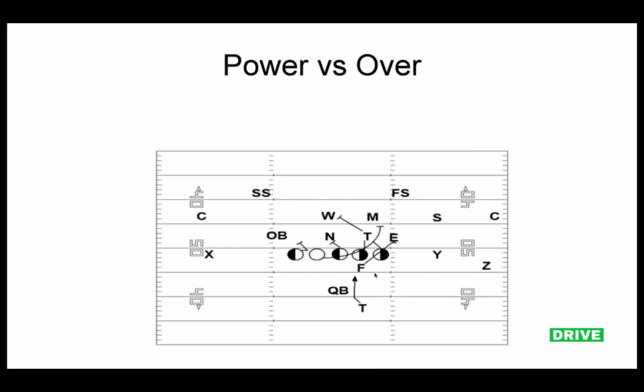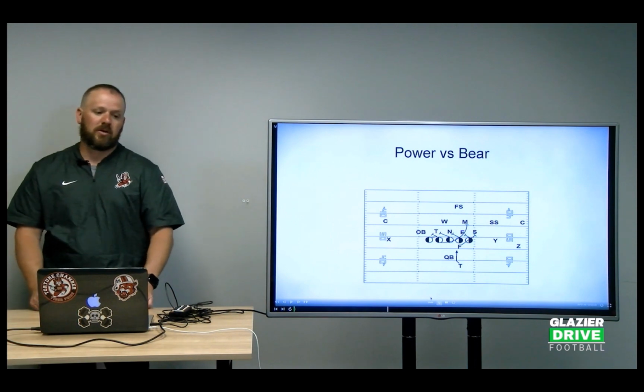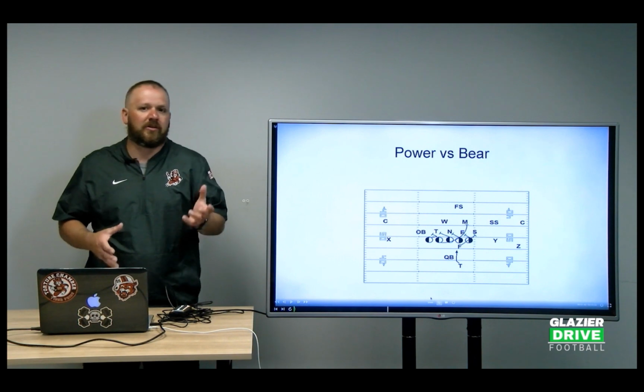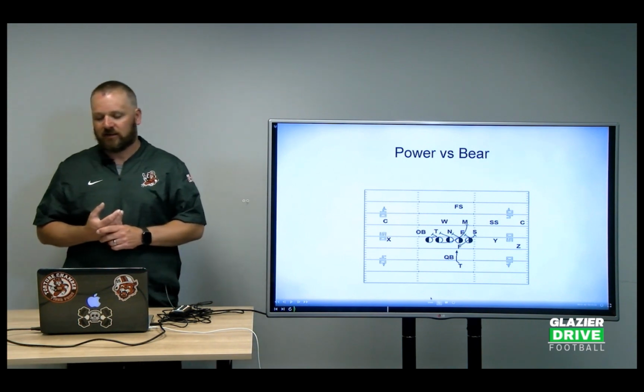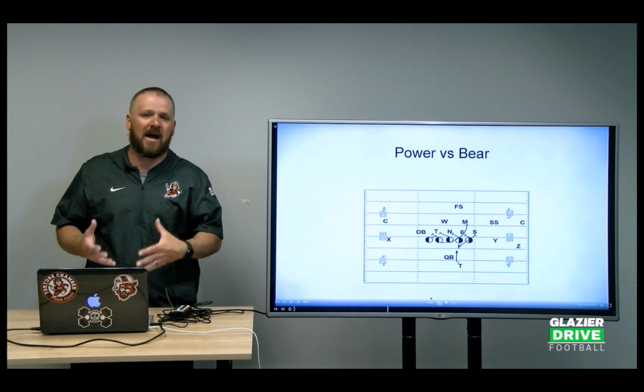Versus over, if you've got a 3 technique, now they're doubling here to the backside, so they're making a tango call. They're working the backside, then blocking back on the shade, and we're gap hinging, skip, pull around, kick. Okay, and that's our power versus bear. We saw a lot of bear front when I was at Thompson. We saw a lot of bear front in 2017 at Massillon. We don't see a lot of bear anymore because we were so successful at running power versus it.